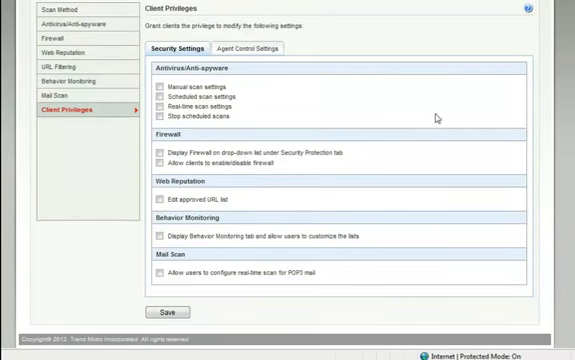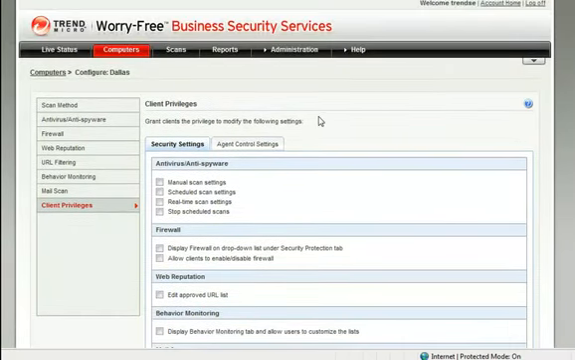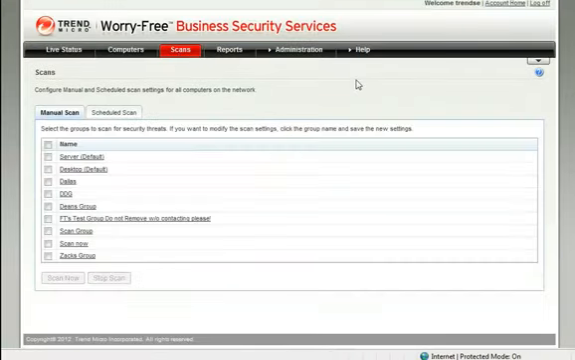Now once you're done with the real-time configuration of your antivirus client, configure manual and schedule scans for those same clients. Click the scan area. We have a tab for manual scans and schedule scans. Notice that all my groups show up in here, the same as in the schedule scan,